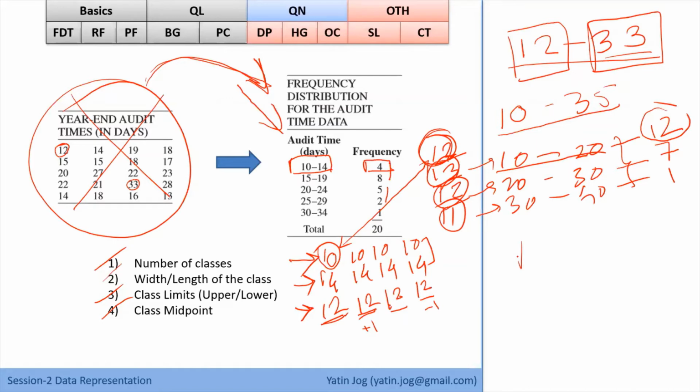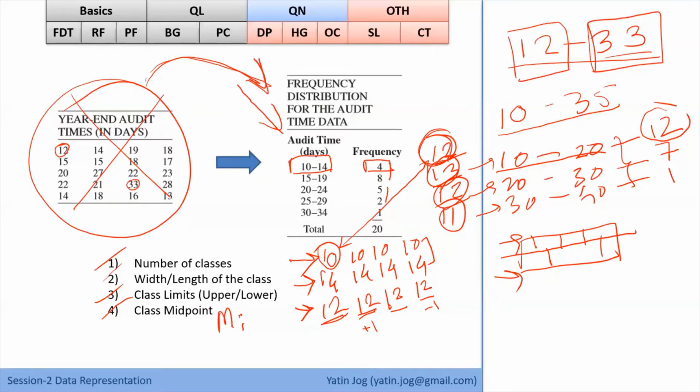Because if these are my 4 values, and if I'm considering the middle value as my actual value, then the deviation from the middle value of all the values will be very less compared to the boundary values. And that's why in a grouped format, if you look at any formula, be it mean, median, mode, or standard deviation, we'll go through all the formulas also. You take any formula for group data, you'll always find MI as part of the formula, which is class midpoint.